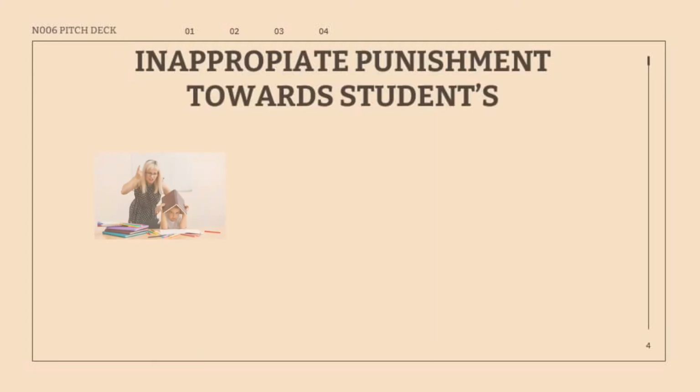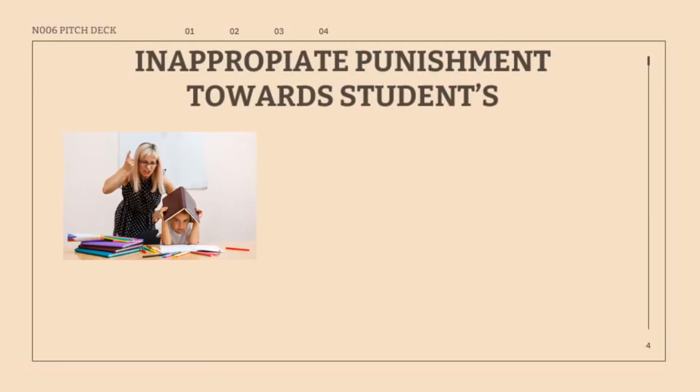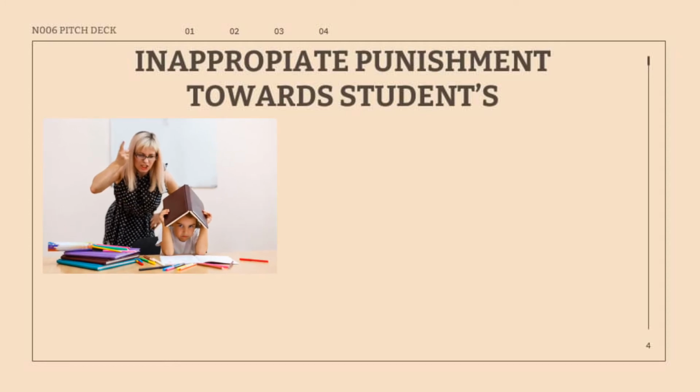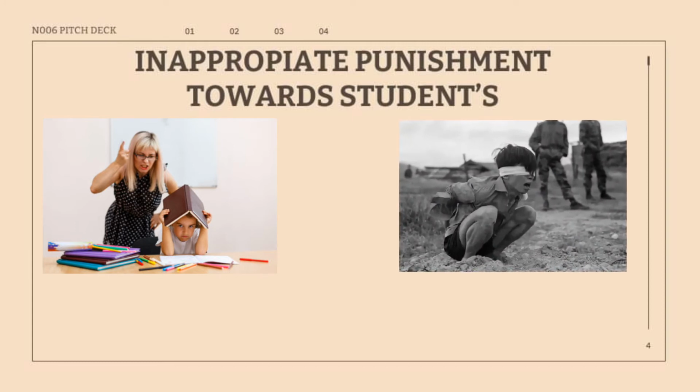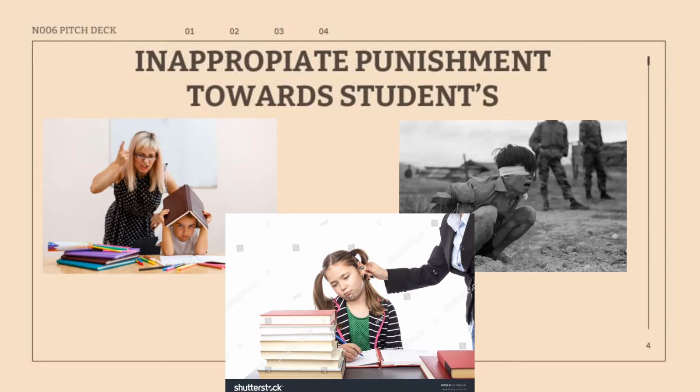Another one is the inappropriate punishment towards the students. One of the main goals of punishment is to invoke fear in the student so that the behavior does not occur again. So somehow punishment seems to be an appropriate technique to control the behavior of the students. However, it is a dangerous and unacceptable method of discipline as it brings negative rather than positive impacts